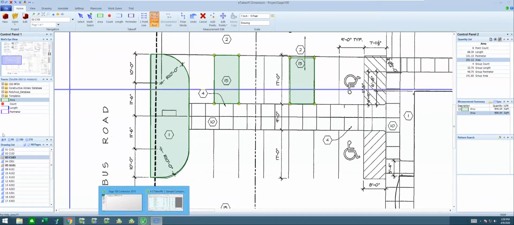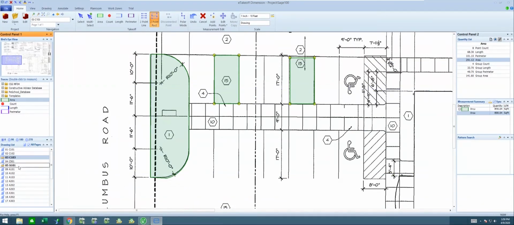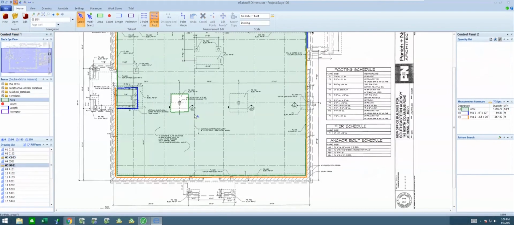If I've gone back and modified any takeoff, we've kind of talked about this in the first session, but I'm going to review this again a little bit. Let's say for some reason I decided I didn't want the area in this section right in here, I might click on this. That way it's got this green as my focal point for my area. That 4186 is what I've already taken over to the 100 product.